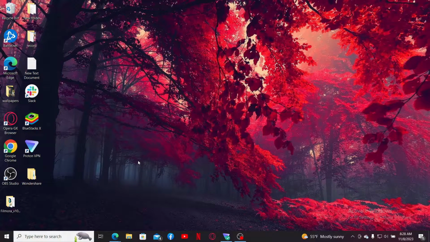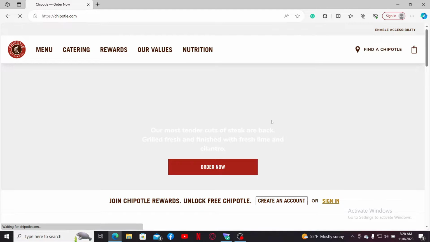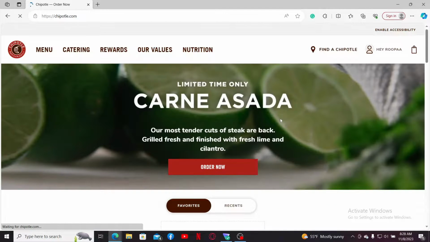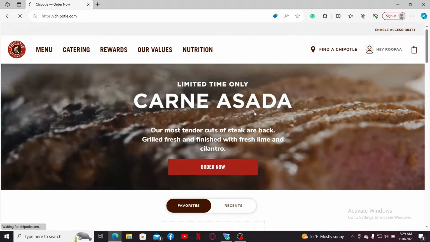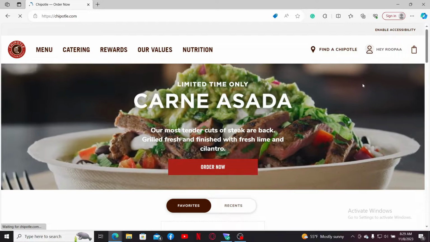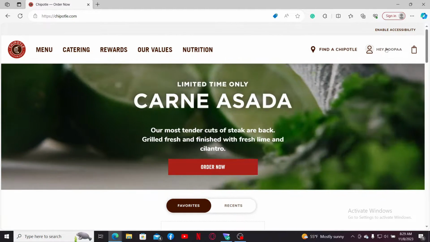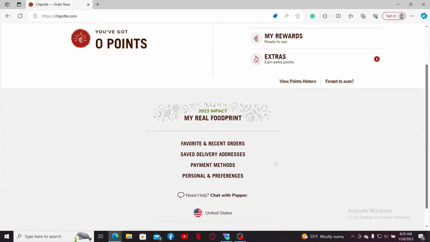Launch a web browser to get started and go to Chipotle.com. Also make sure that you're logged into your Chipotle account like you normally do by entering your account's credentials. After you are signed in, click on your profile icon at the top right hand corner and scroll down and